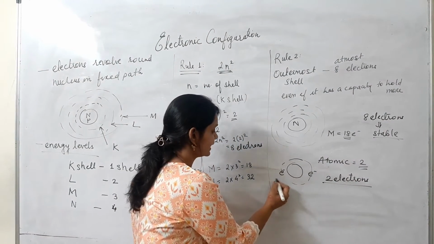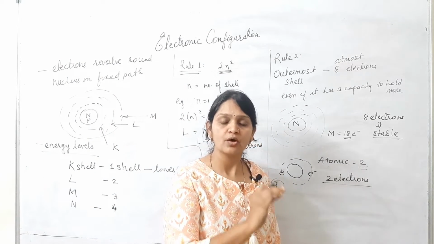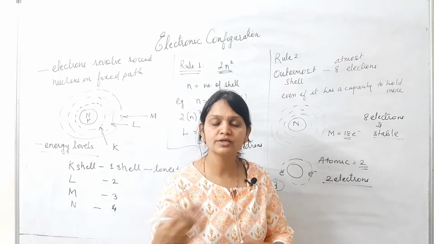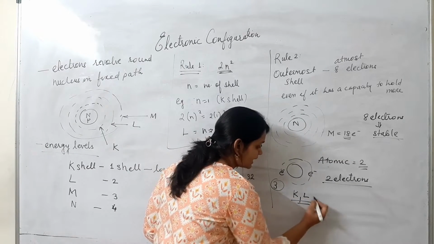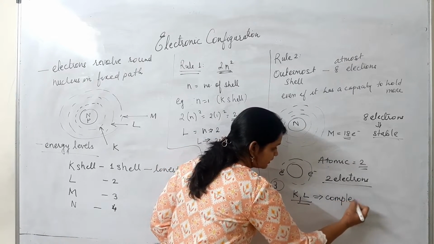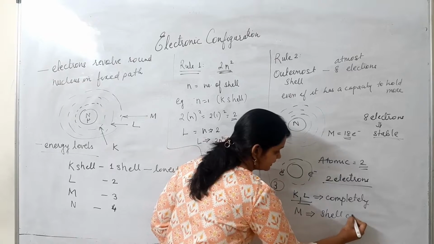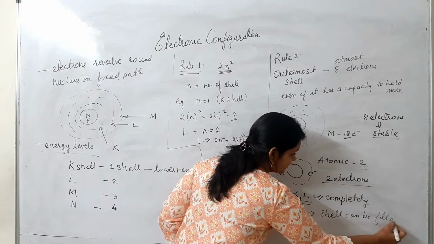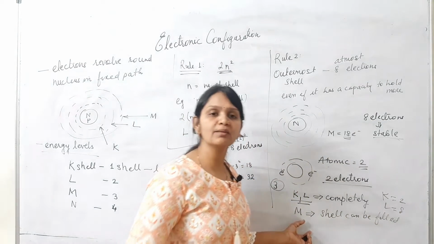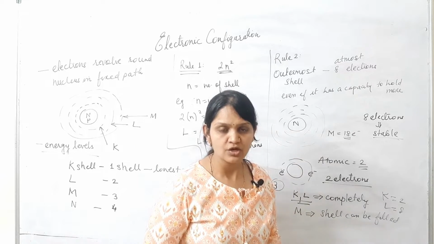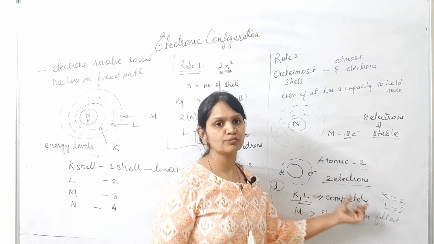And the third rule is that it is necessary to fill the inner energy levels. Only then can the electrons move to the next levels. Means what? If the K and L shells are completely filled, only then can the M shell be filled. Until K has 2 and L has 8, we will not see electrons in the M shell. So unless and until the inner energy levels are filled, the electrons cannot move to the